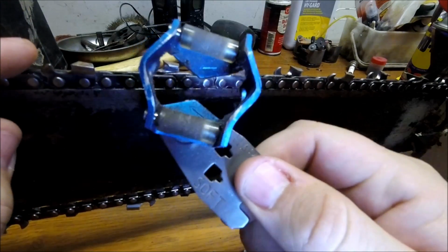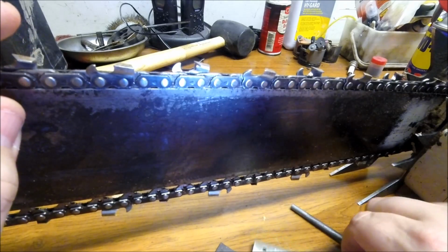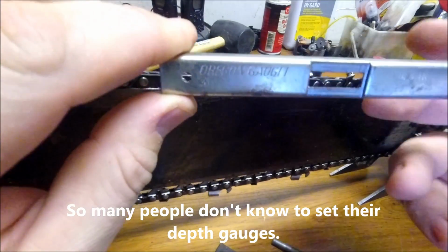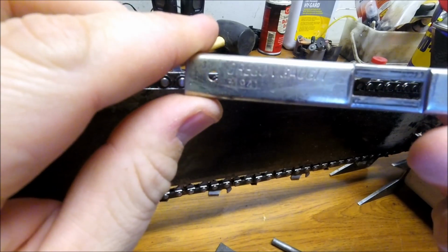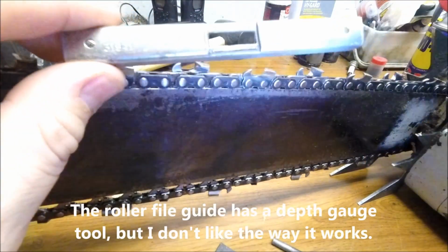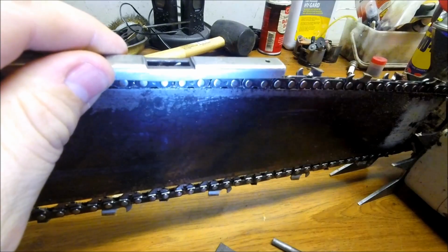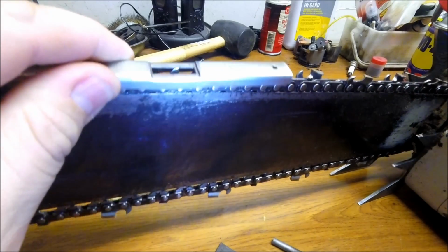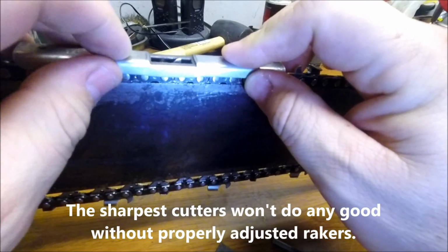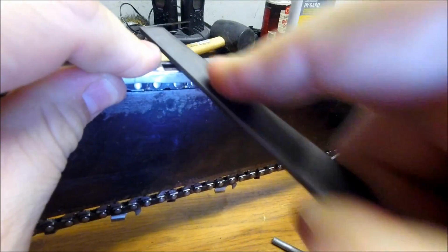After you've got all of your teeth sharp, the next part, a lot of people disregard this and they end up with a chain that doesn't cut very good or doesn't cut very long. This little tool right here is called an Oregon gauge. I'm not sure if you can see it right there. All this little thing does is fit over the teeth, and it leaves an exposed part of the tooth for you to file. This one is set at 0.025, or 25/1000ths of an inch, and once you have it set over that, you just take your square file and you file away